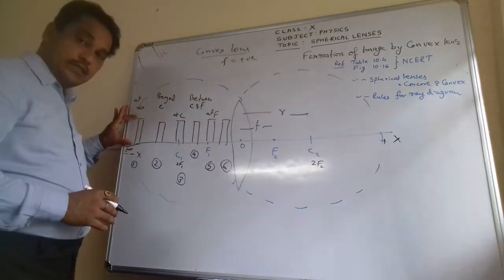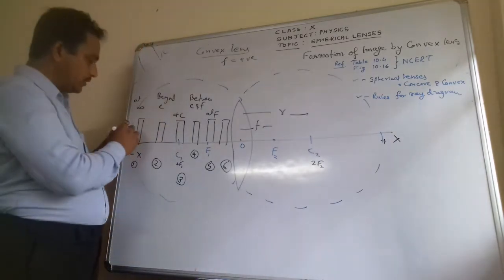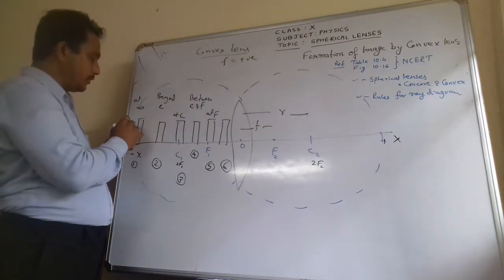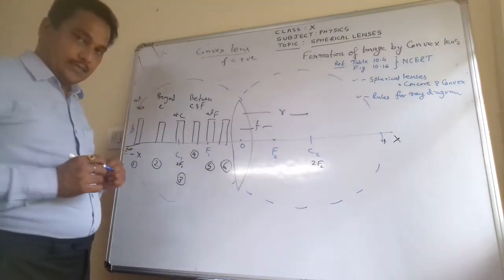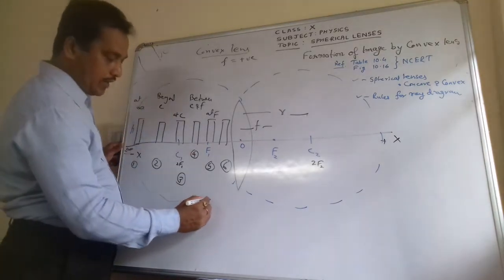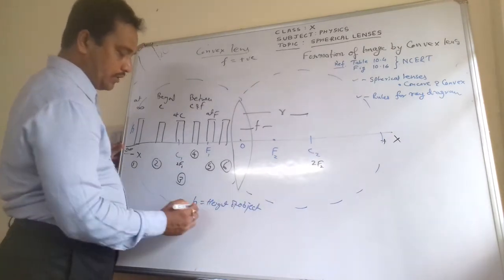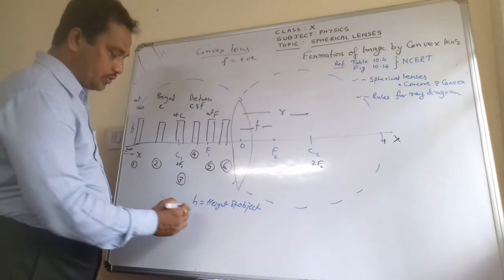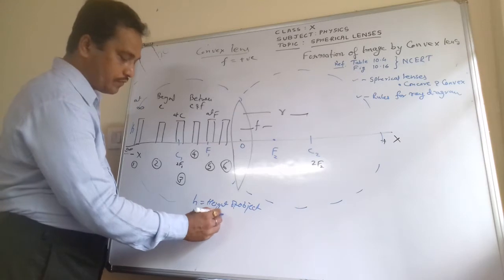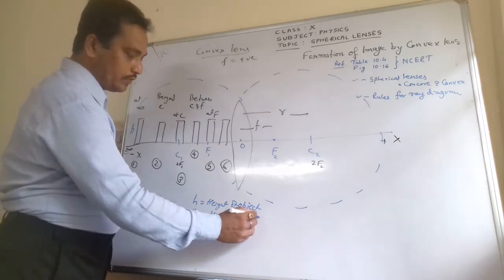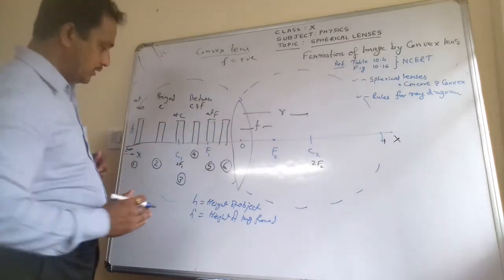So you are aware that this is the height of object. We are denoting it by which symbol? Small h. That is the height of object, and the image will be formed by this object. We will denote it by h dash. So h is the height of object. You can write this, make a note of this, whatever you have understood, and h dash is the height of image formed by this object when it is placed in front of the convex lens or spherical lenses.